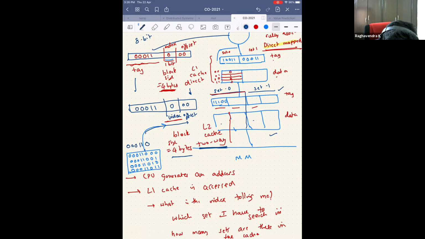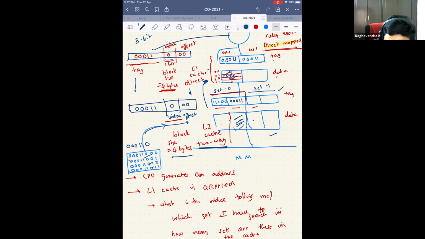So what will you write here? You will say 000011, right? That's the one that you came up with. And you write whatever data was there here. So now you have filled the cache. And then you send this particular block again to the L1 cache. In the L1 cache, there is no replacement policy needed because whatever was in set 0, you will have to replace. So you will replace this particular block with 00011 and you will write the new data here.